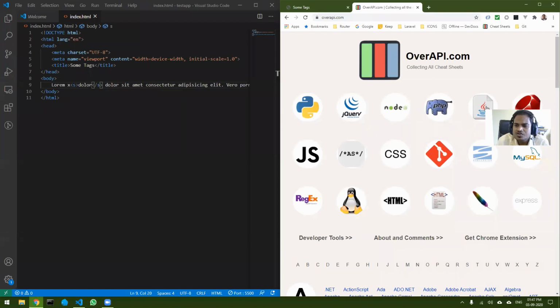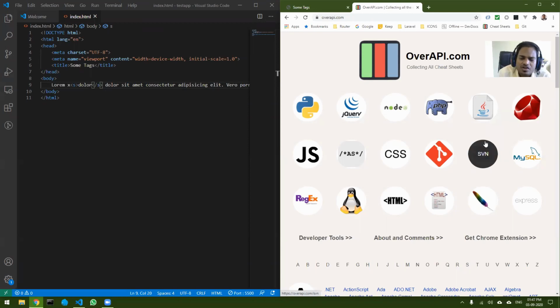It's not possible for every developer to remember each and every command. I'm absolutely sure that all those who are starting web development will find it very difficult to remember each and every tag. That is where cheat sheets come into the picture. It is absolutely required that you keep a cheat sheet handy all the time.